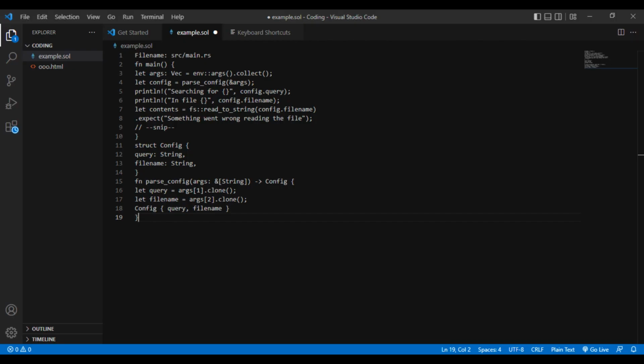Filename: src/main.rs. fn main() { let args: Vec<String> = env::args().collect(); let config = parse_config(&args); println!("Searching for {}", config.query); println!("In file {}", config.filename); let contents = fs::read_to_string(config.filename).expect("Something went wrong reading the file"); // snip. struct Config { query: String, filename: String, } fn parse_config(args: &[String]) -> Config { let query = args[1].clone(); let filename = args[2].clone();